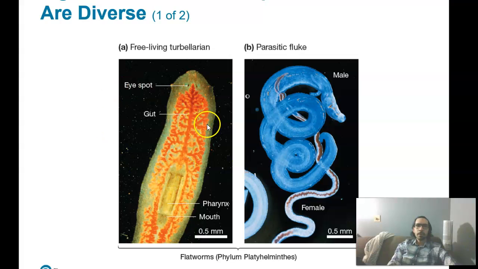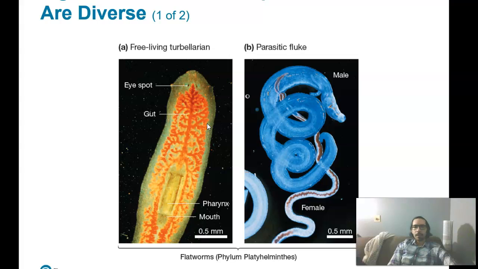So here on the left, you can see a turbellarian. These are free living, so these animals are out on their own. They're either scavenging for food or preying on other animals, usually smaller organisms. You can see the eye spots here. You can see the gut in the middle, and then there's also branching to the gut, which is called the